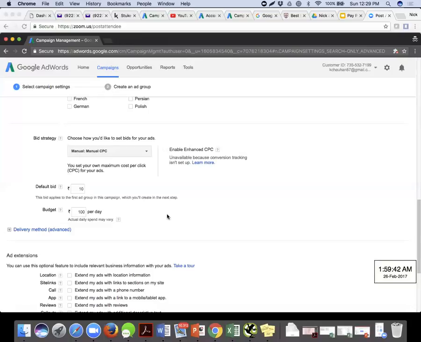The basics of bid strategy I told you, but I haven't really gone in depth because I don't want you to be confused. In one session, if I teach you everything, you might get confused. The bid part you have understood. That bid is the maximum amount which you're willing to pay, and it's done at an ad group level. You might get confused that if it's a campaign setting, why are you saying ad group level? This is actually going to be applied to the first ad group. Then the budget, we know it's per day. Budget per day is always put in at a campaign level.